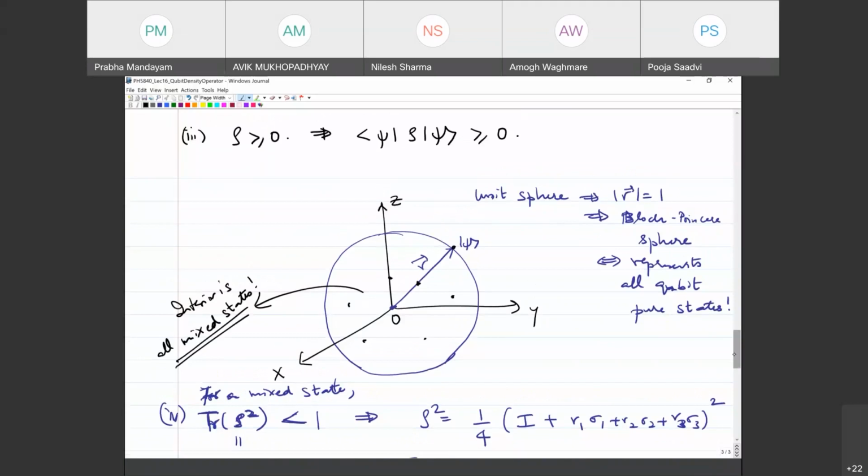And I say beyond state space, right? It includes a complete description of a two-level quantum system. The points on the surface are the pure states or your state vectors, the points on the inside are the mixed states. And now this should become obvious because if I take a point here, let's say on the z-axis, you know that the way we describe it, the ket 0 is sitting here and the ket 1 is sitting here. If I take a convex combination of 0 and 1,